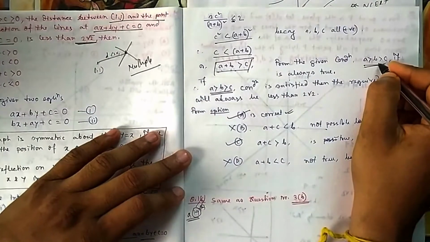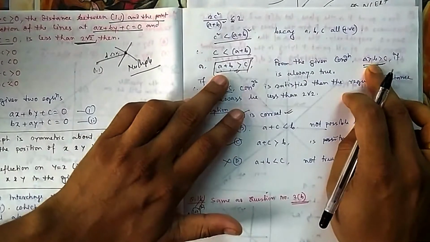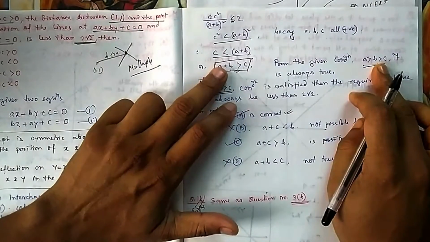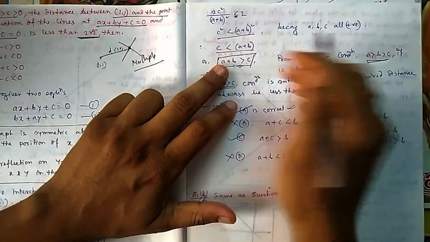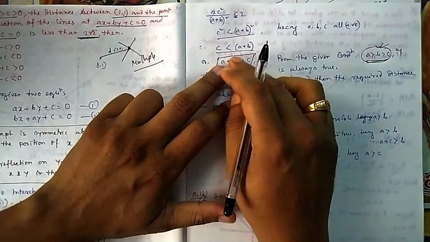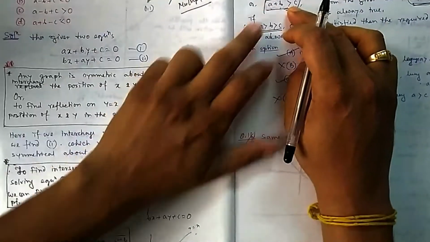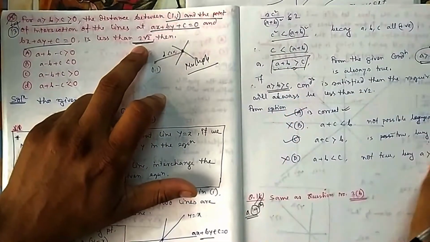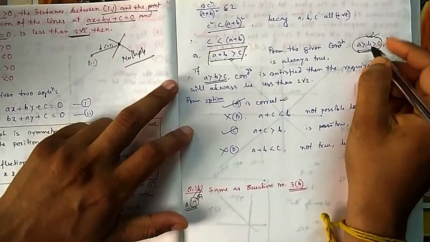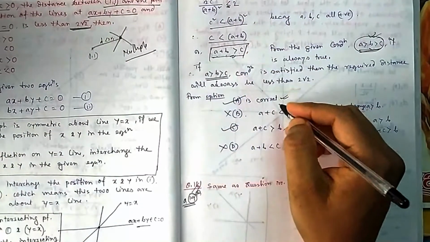So if this condition is satisfied, then the a plus b plus c condition will always be satisfied. Because if a is greater than b, and it is greater than c, this will always be satisfied. So your job is done. There is nothing extra. If this is done, then everything is done, because then automatically it gets true. If it gets true, then automatically whatever they told you, it will be less than 2 root 2. So I need to focus on this and see which option is satisfying this. This A is directly giving this conclusion, so this is already known.